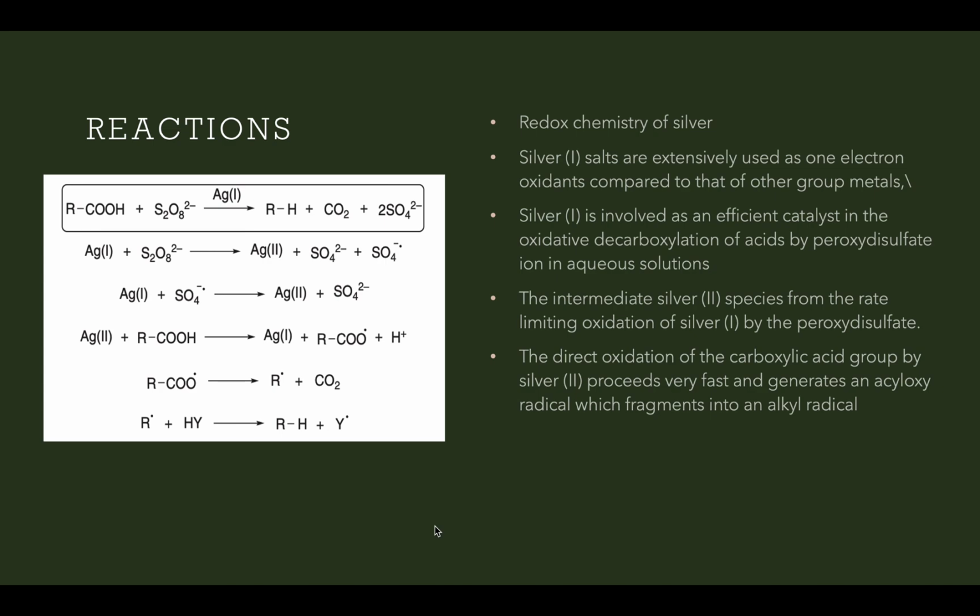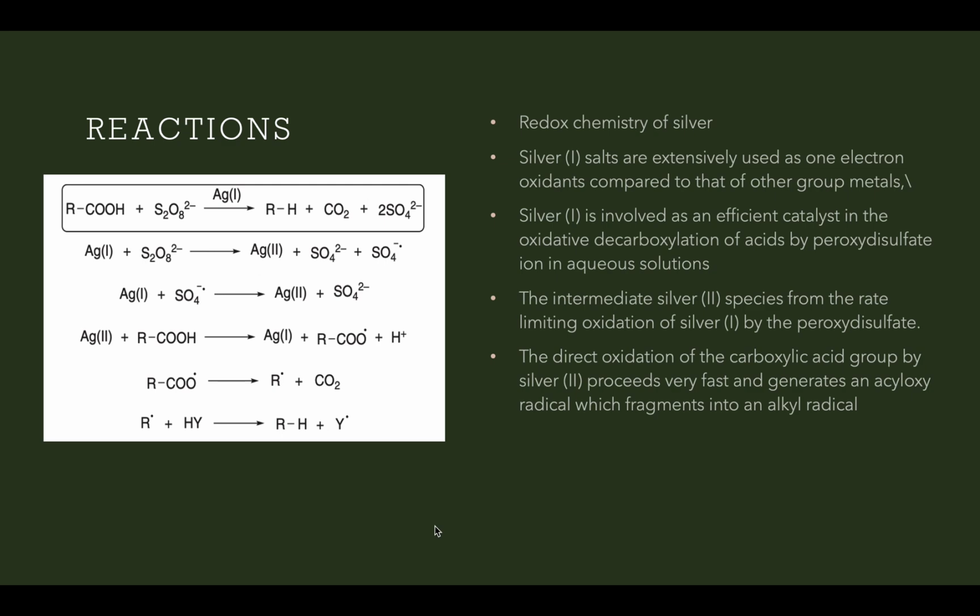Silver 1 is involved as an efficient catalyst in the oxidative decarboxylation of acids by peroxydisulfate ion in aqueous solutions. The intermediate silver 2 species from the rate-limiting oxidation of silver 1 by the peroxydisulfate aids in the direct oxidation of the carboxylic acid group by silver 2, which proceeds very fast and generates an acyloxy radical, which fragments into the alkyl radical. The reaction on the left